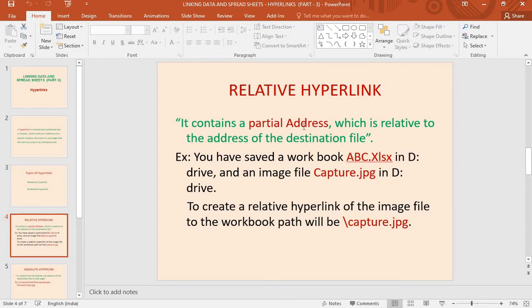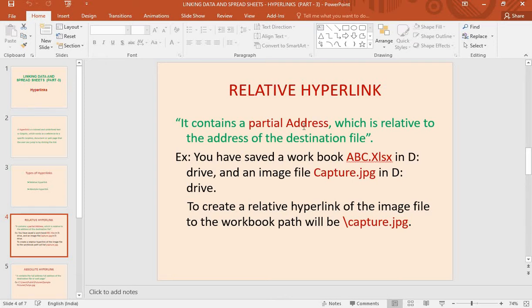Understand? A relative hyperlink contains only a partial address. It will not display the full address of that link. If you click on that link, then it will open the destination file or data source.